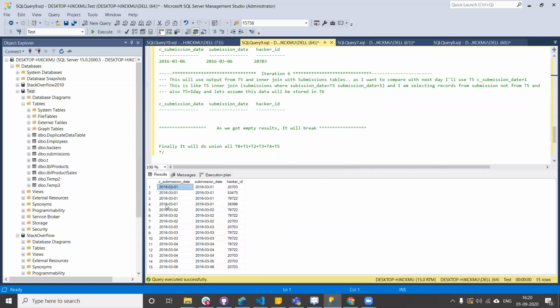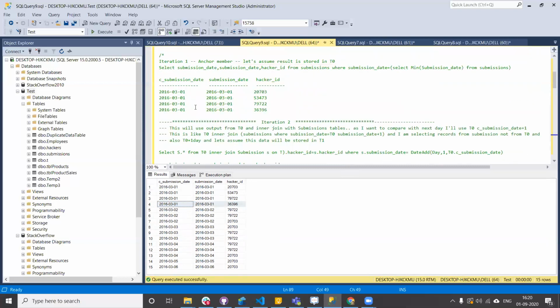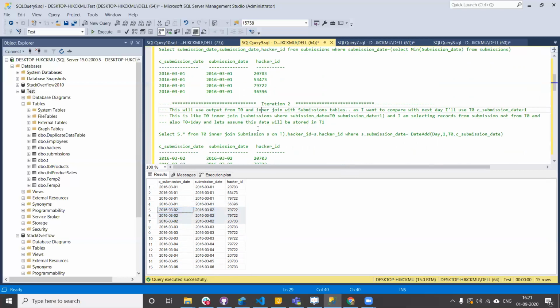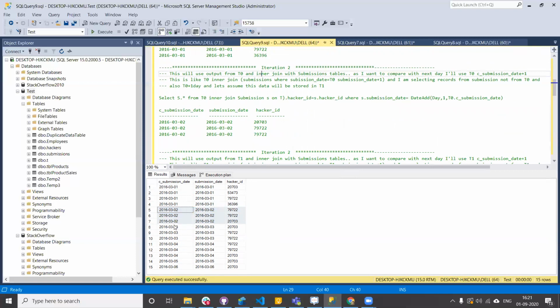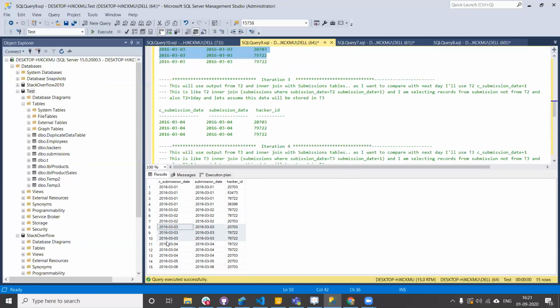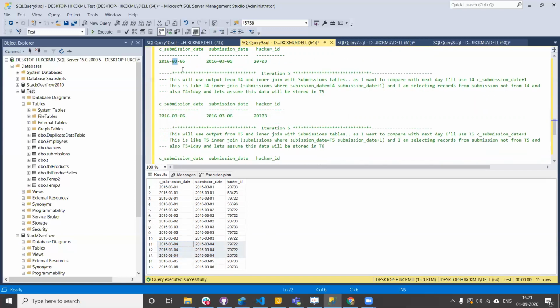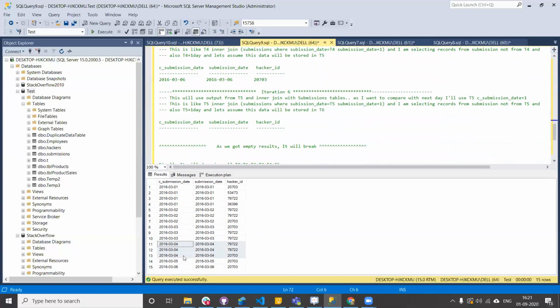We have 4 records with 0, 1, and then 3 records with 0, 2, and then 3 records with 0, 3. Finally, 4 records with 0, 4. These are the 4 records. And 1 record each with 0, 5 and 0, 6. So this is the union of all these subsets.